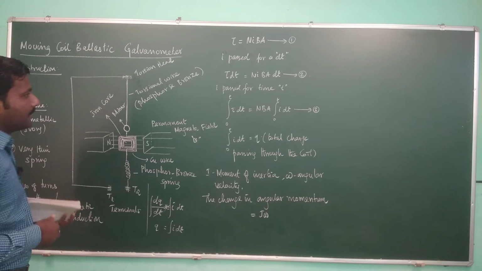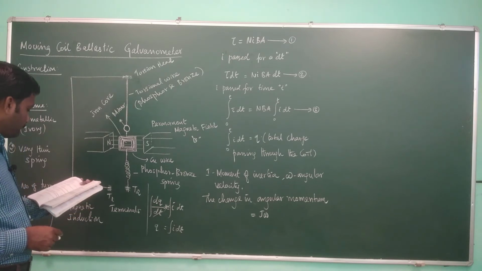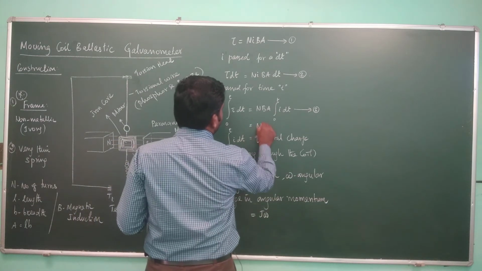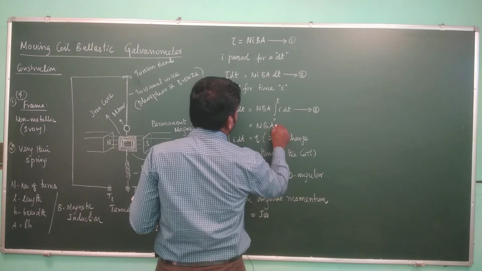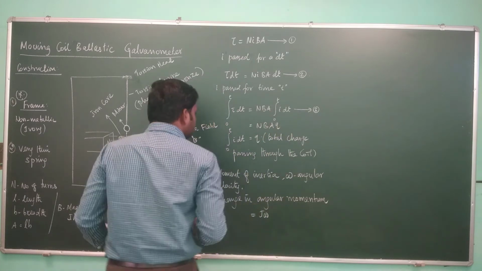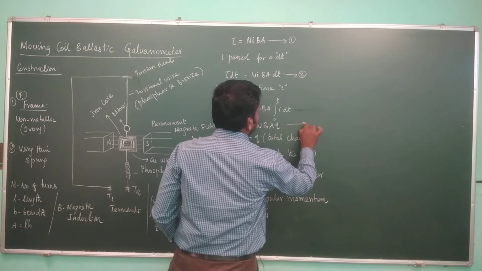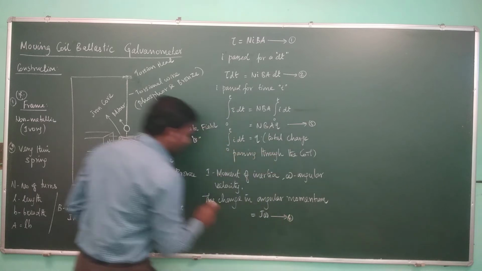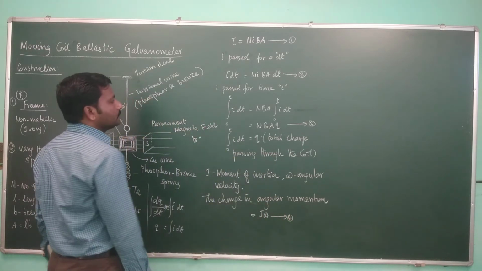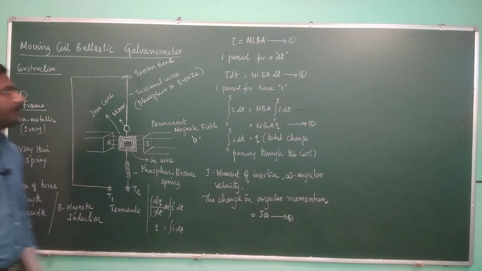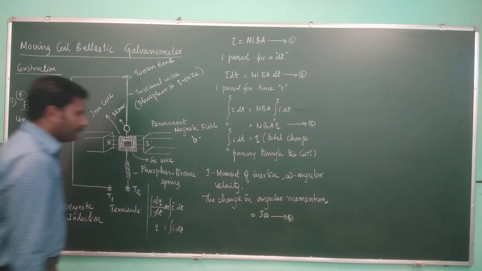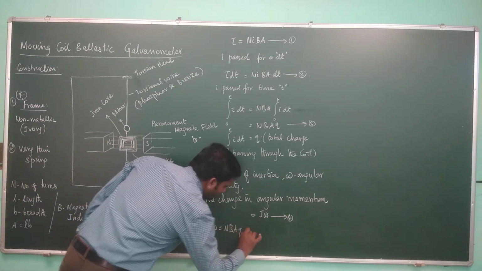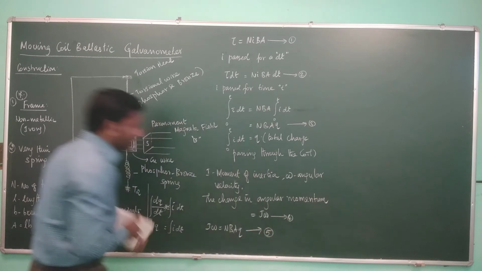So I omega is equal to this one, which you can write as N B A q. Let's take the earlier one as equation 3, so this is equation 4. This change in angular momentum is equal to the total impulse created. So I omega is equal to N B A q. It is equation number 5.